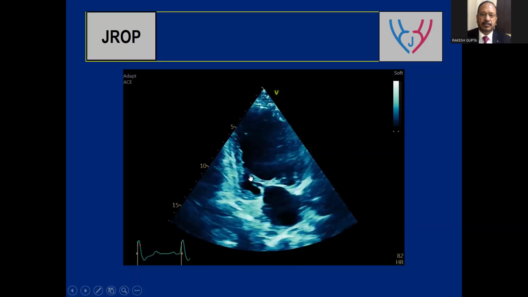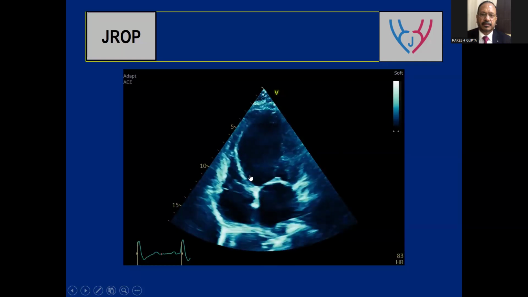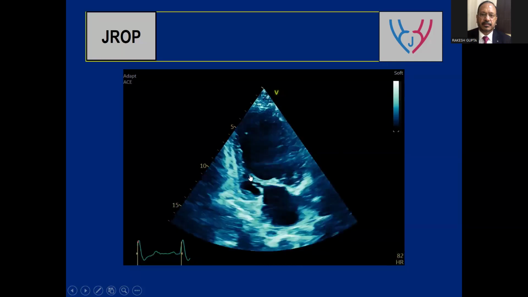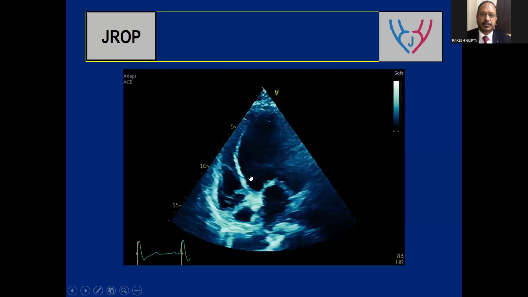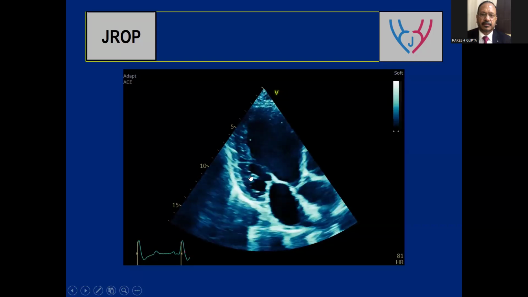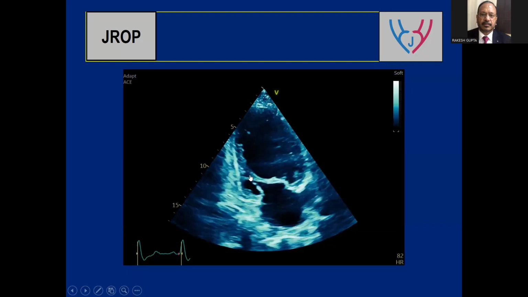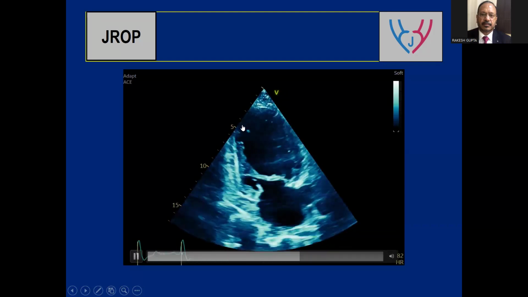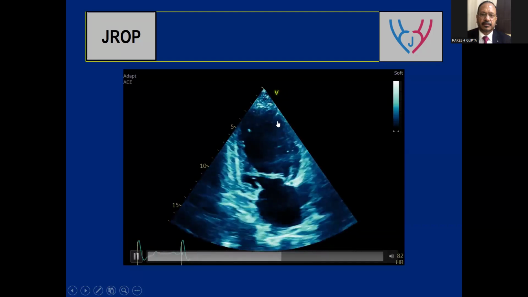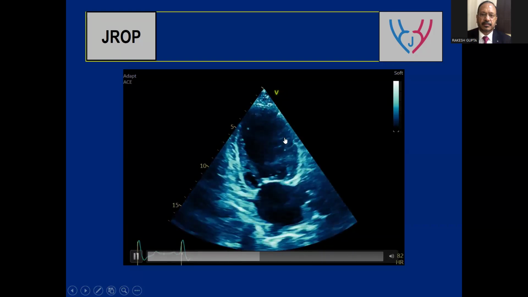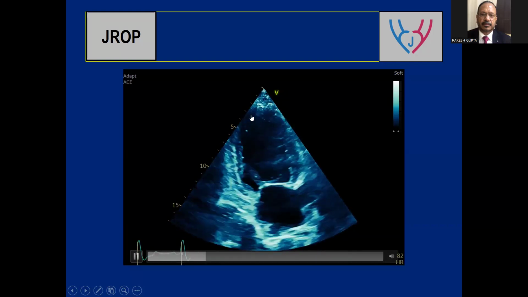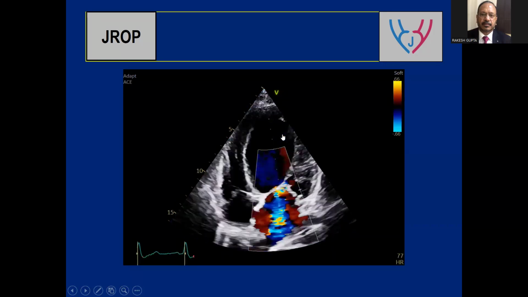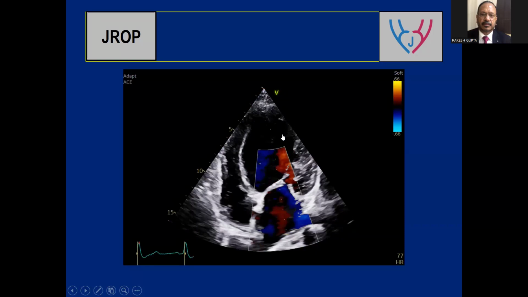Then we have a two-chamber view. In this two-chamber view, what do we see again? We see the apical inferior wall, apical lateral wall, apical anterior wall, mid-anterior wall. They are almost akinetic. If I have to put all these things together and look at the severity of MR,